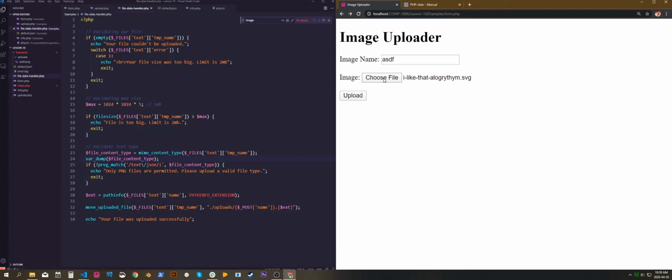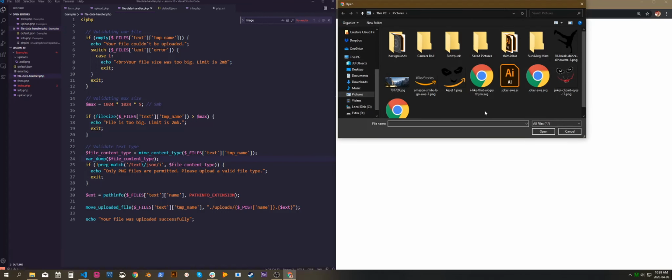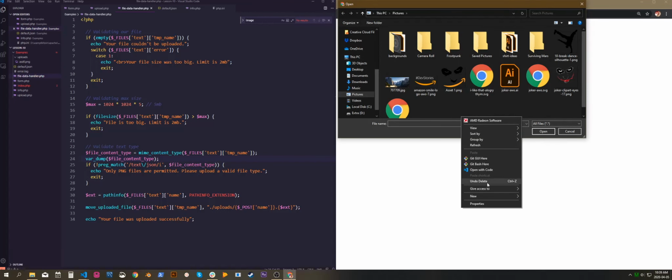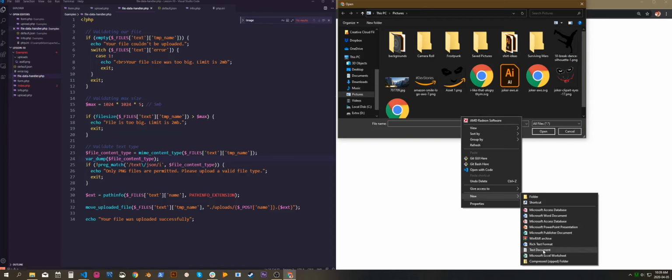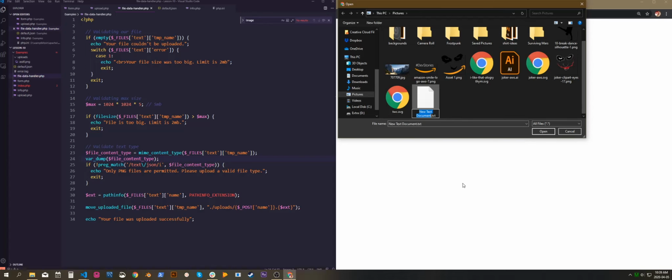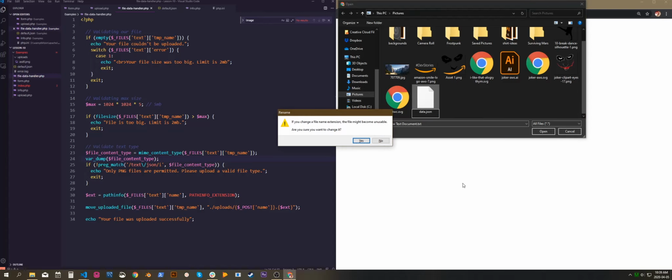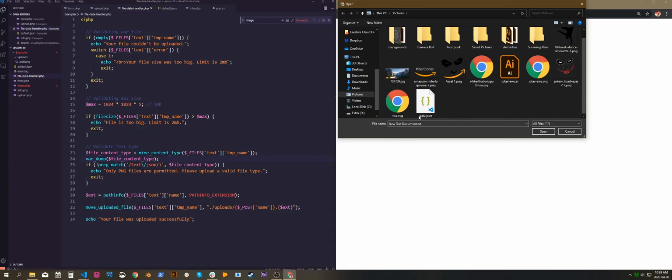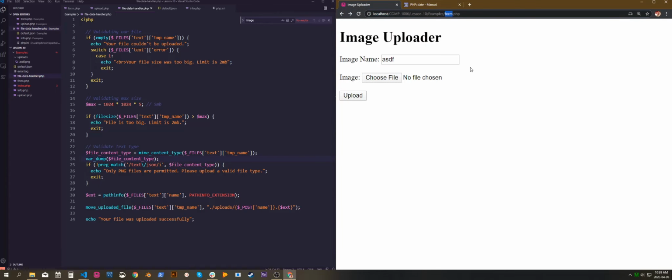So we'll come in here. We'll choose a file. We'll create a new file. And you guys can do this as well. Just create a new text file called data.json. There we go. So that's a data.json file. And this is our